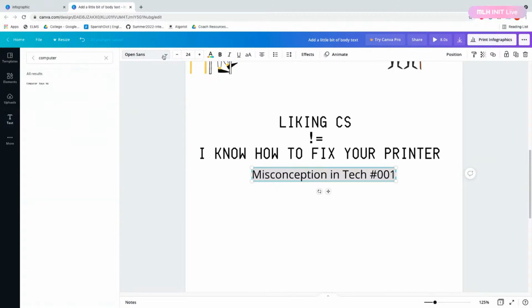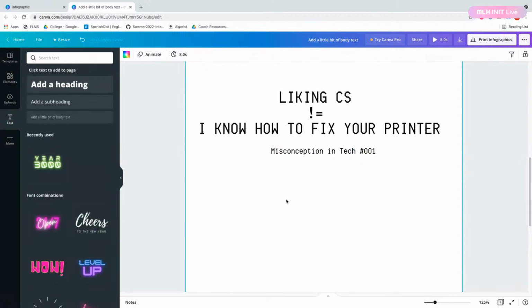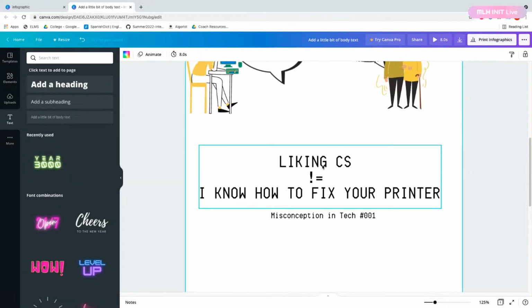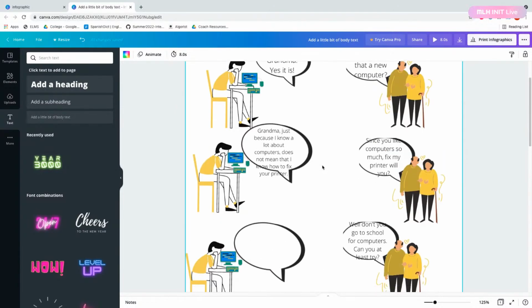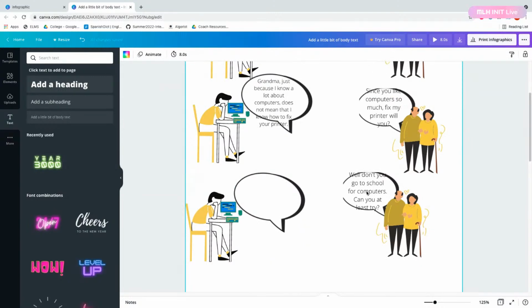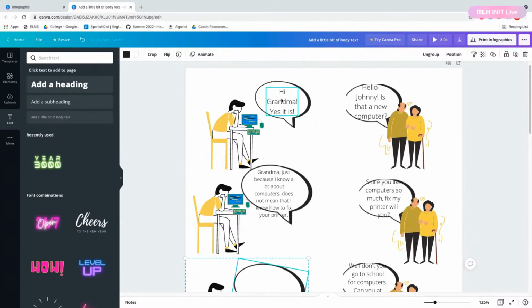Let's see. I'll pick computer says new again. Liking CS does not equal I know how to fix your printer. Oh, down here. I lost the text somehow. Oh, I did that already. I don't know. I'll just have to rewrite it.